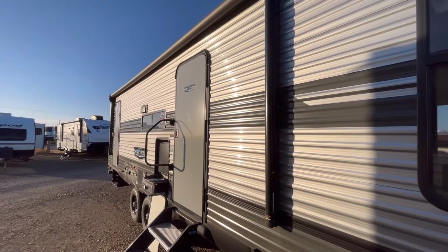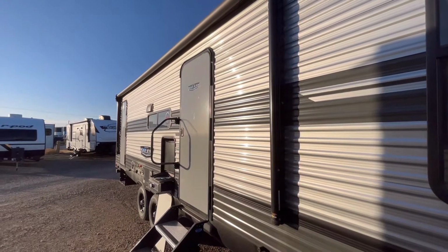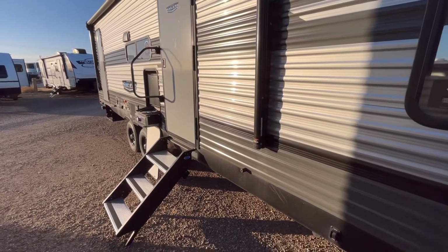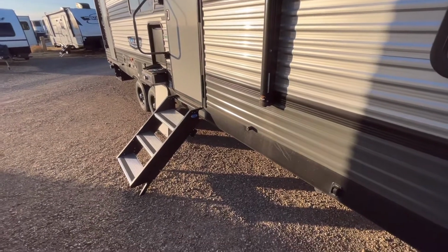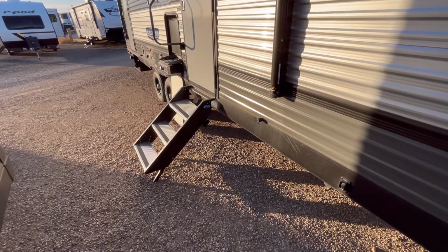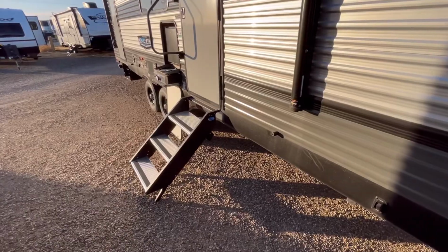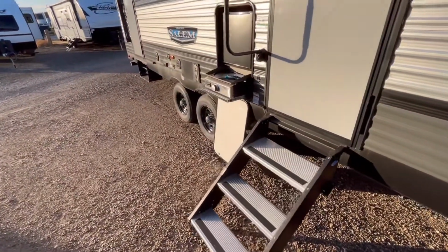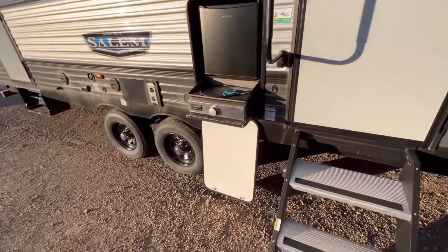You've got a very nice sized power awning with LED light strips in it. You can see you've got the friction hinge entry door, larger entry handle, more ride step above steps with the adjustable feet. Those will ride inside the trailer right in the entry door. Now this is a tandem axle. Well, or as big as it is,